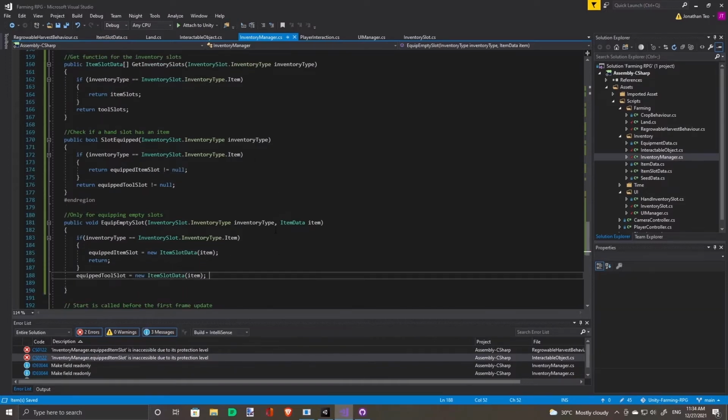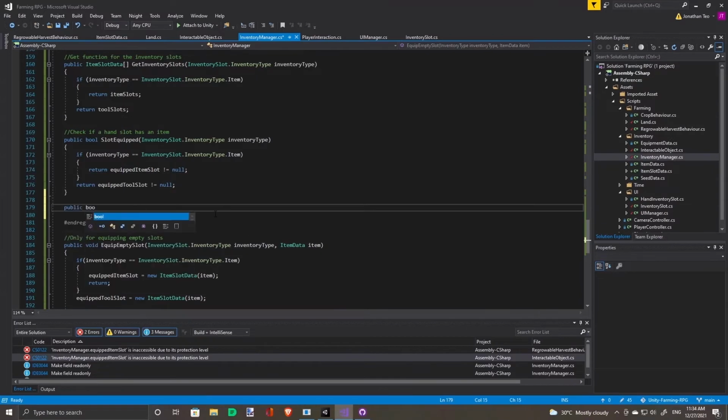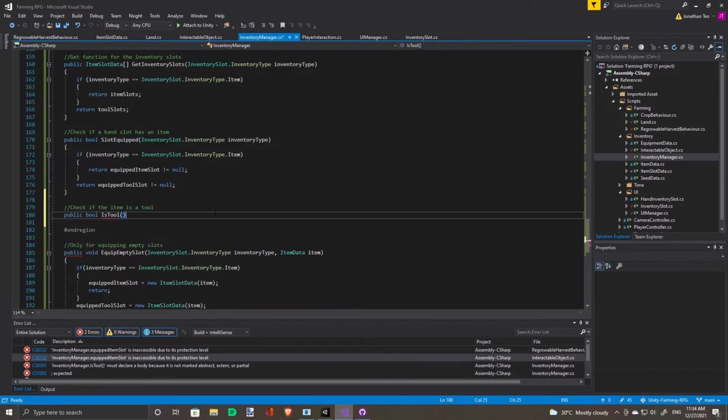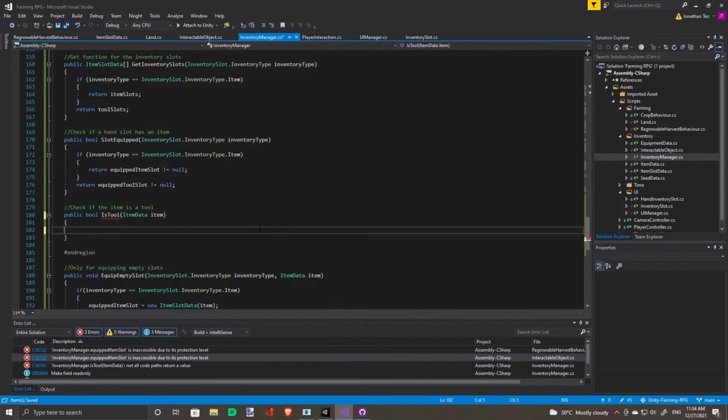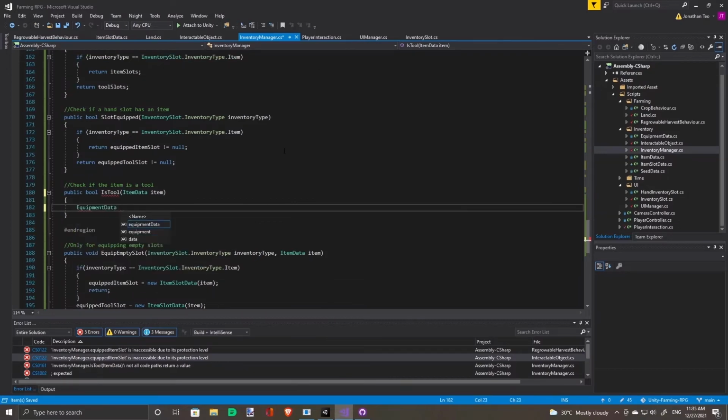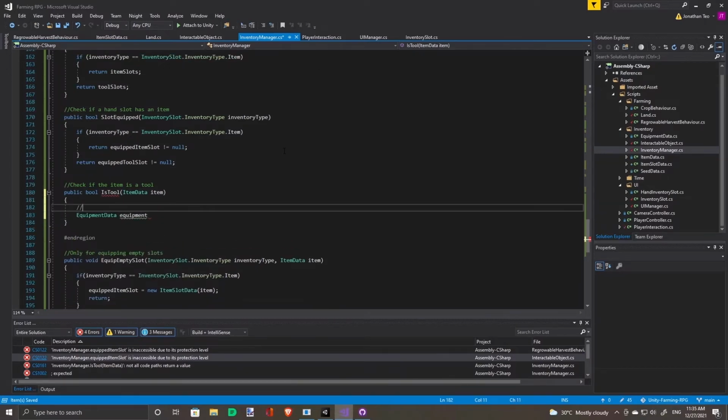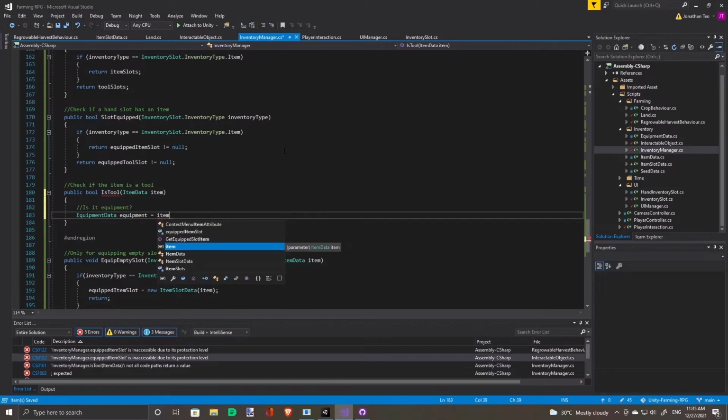We don't actually need an inventory type parameter because we can tell what it is from the item data. So instead, let's create a function to discern which inventory type the item data is from. The tool inventory type is made out of equipment data and seed data.